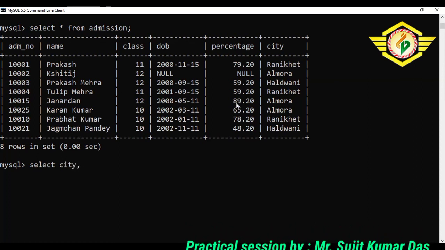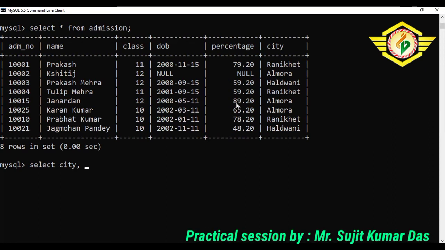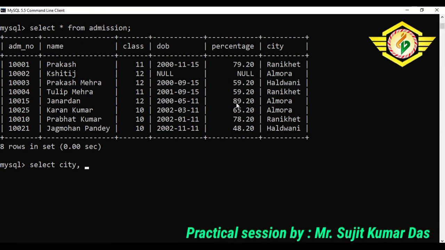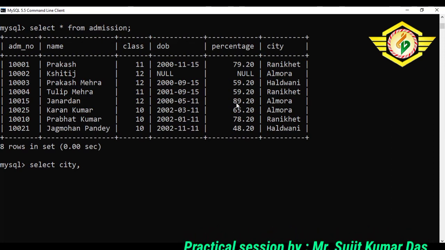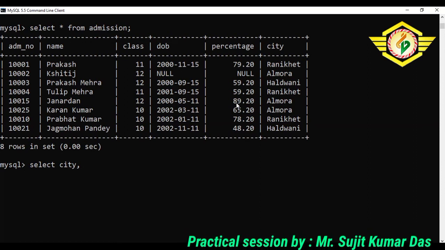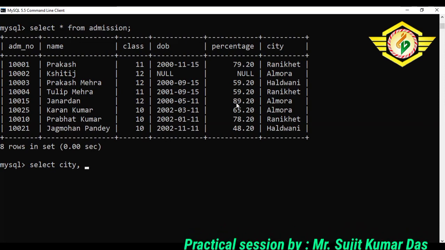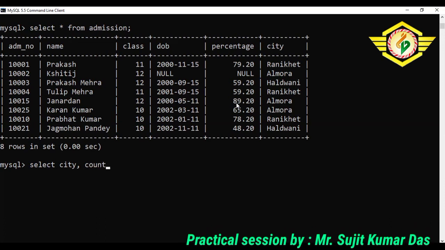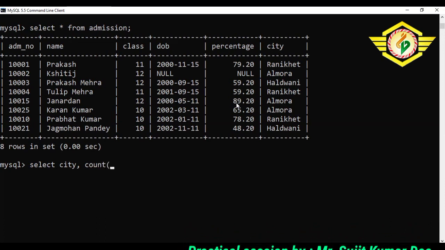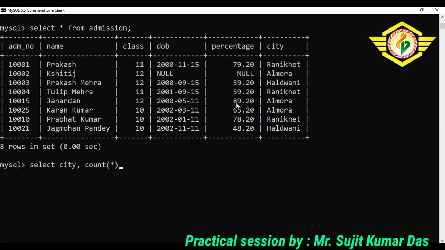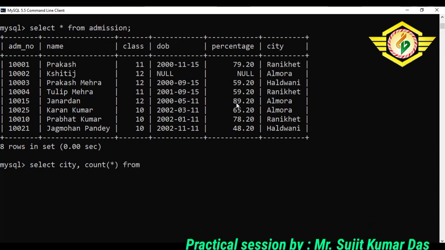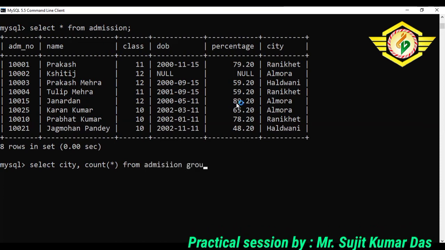In this example, I will be displaying the total number of students from each city. Please notice the word each. I have told you that this word represents group by. Select city, and I want to print the total number of students from each city. I will use count star to count the number of records from admission, and I will group by city.